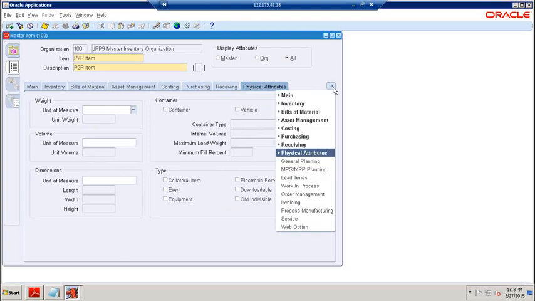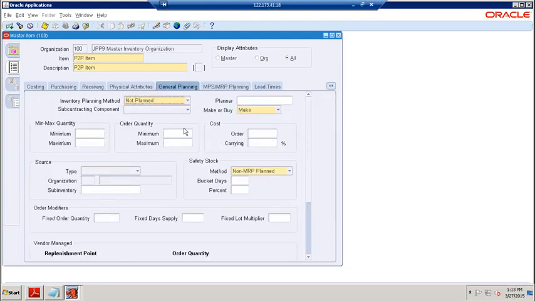not receiving, then here we have the planning methods. Yes, general planning. In that general planning, the inventory planning method is presently not applicable for planning. So now we are going to specify the min max planning method. We have several planning methods, and now we want to choose any one of them. Here I am choosing the min max planning method.